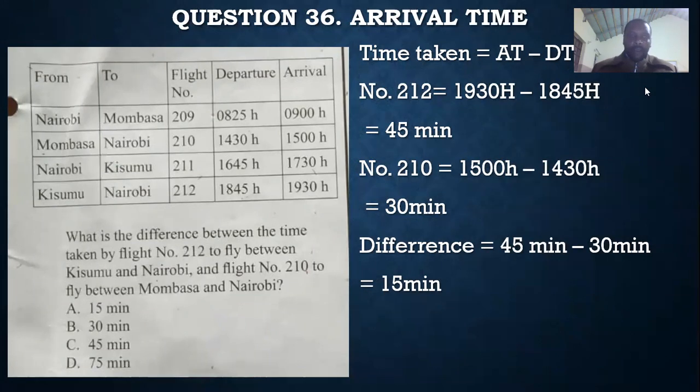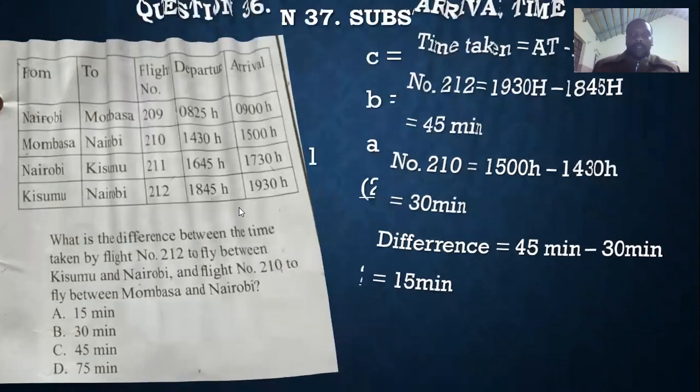Then we have flight number 212 arrived at Nairobi at 19:30 hours. It had departed at 18:45. When you subtract that, you get 45 minutes. Flight 210 had arrived at 1500 hours and it had left at 14:30. When we subtract, we get 30 minutes. So the difference is 15 minutes. Number 37,